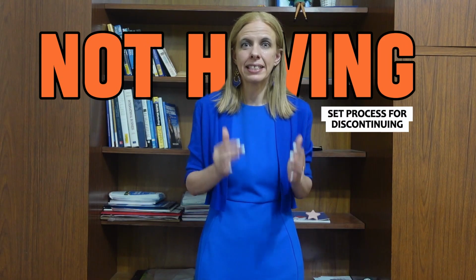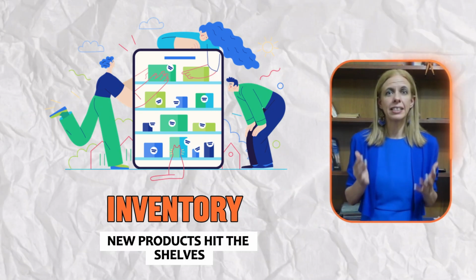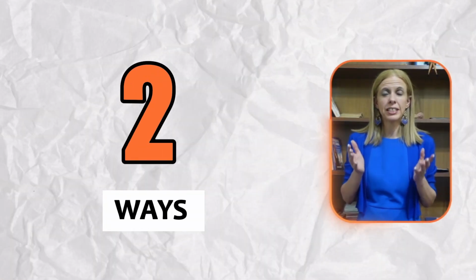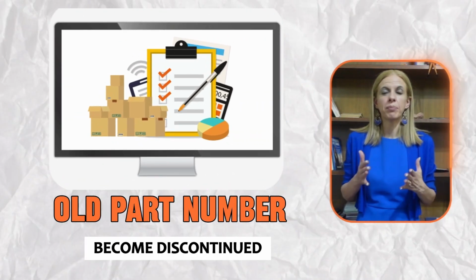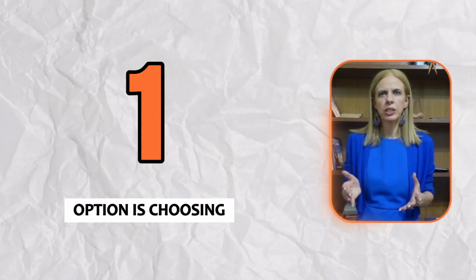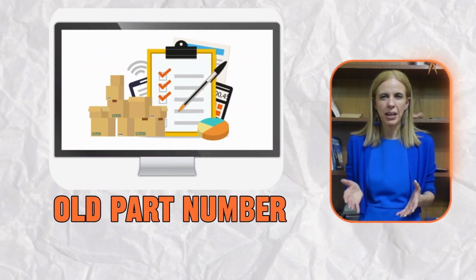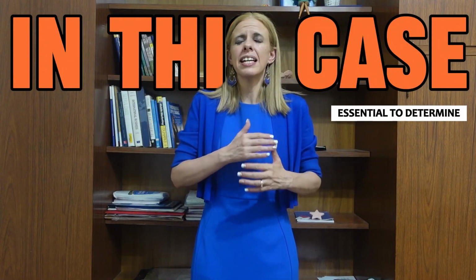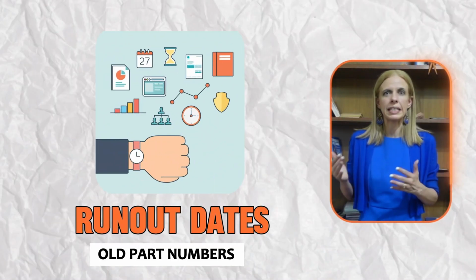Not having a set process for discontinuing inventory when new products hit the shelves creates unnecessary problems. There are 2 ways that your change management can orchestrate when the old part number will become discontinued and the new part number will go live. One option is choosing a flow-through day, where you use the old part number until inventory depletes to minimize costs. In this case, it is essential to determine the run-out date of the old part number to transition into the